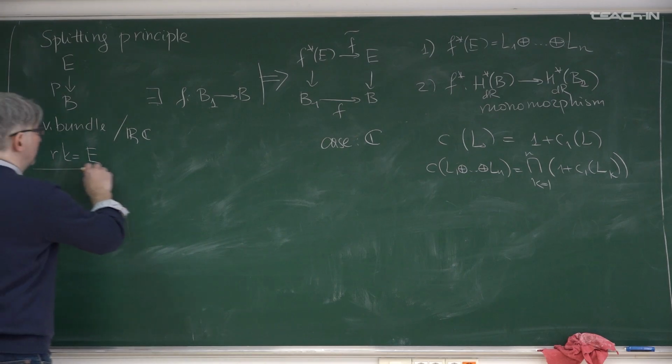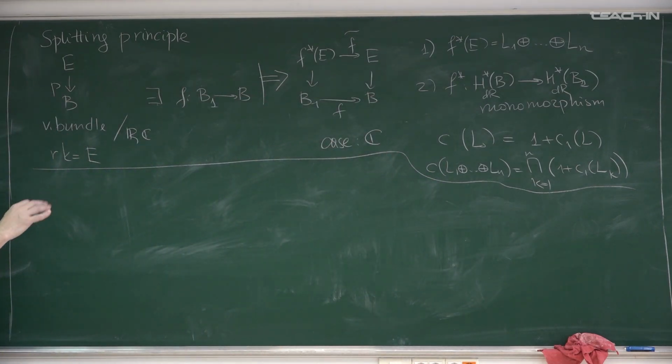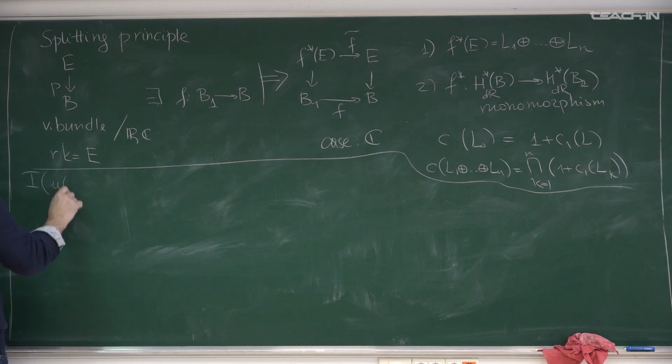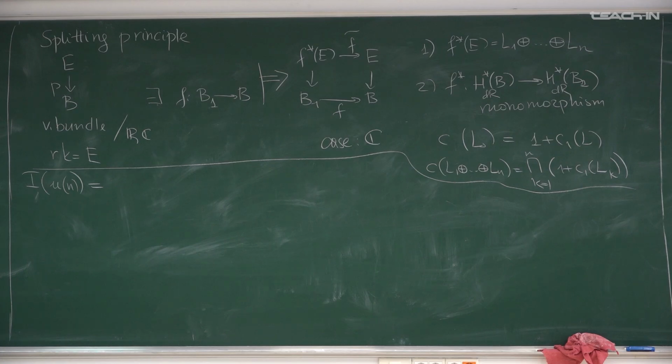And another statement is about universal characteristic classes. So we already know that invariants of the unitary group, invariant polynomials on this Lie algebra with respect to its Lie group. What is the algebra of invariants in this case? Let me know. Chern classes, yes? The polynomials of these guys.